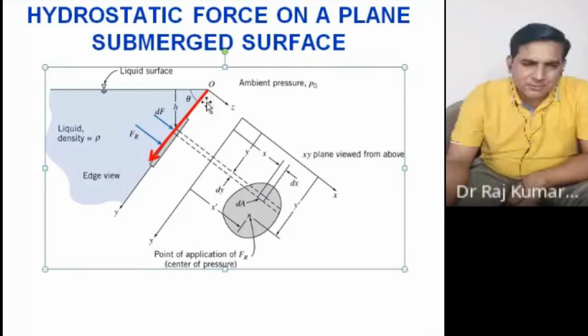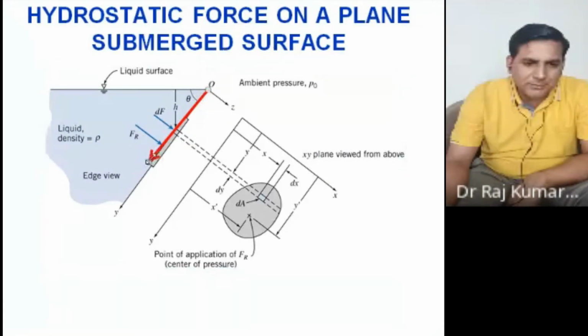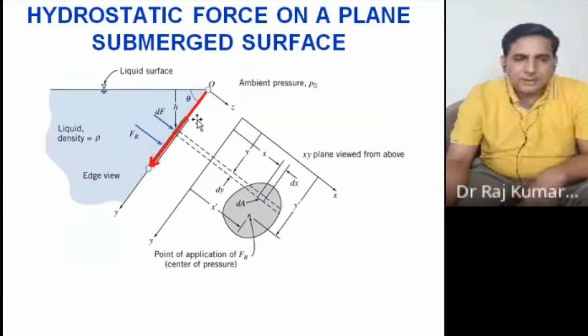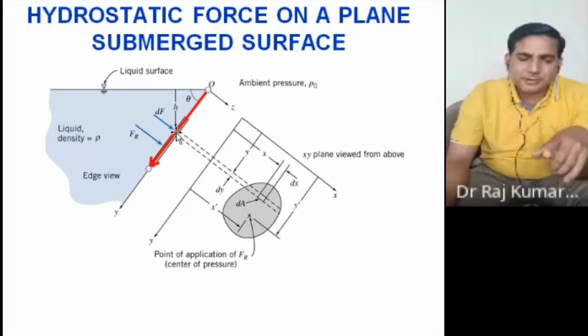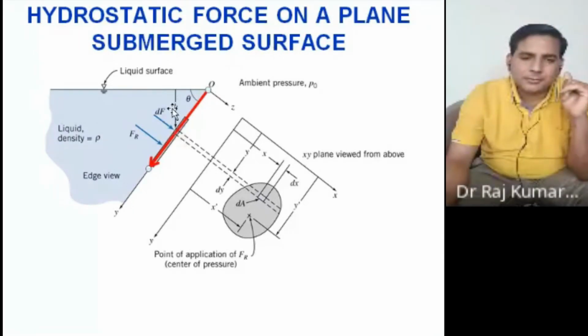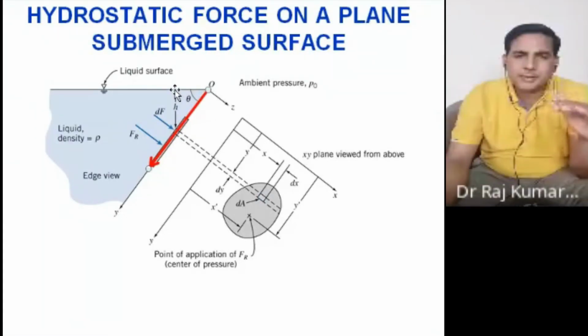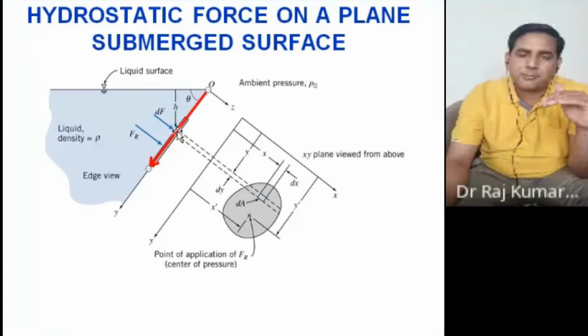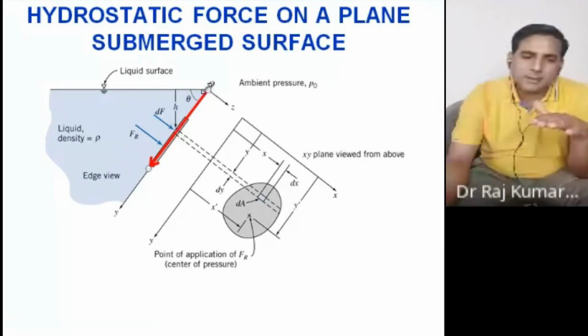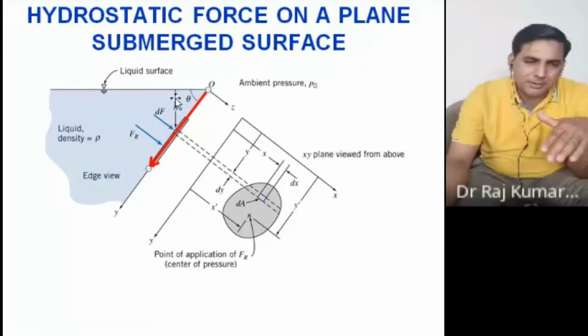So suppose this L is from here to here. Now L by 2 here, you are at the mid, which means you are at the centroid of this particular block. Fine. And then you are calculating L by 2 sin theta, which is that much. How deep is the centroid from the free surface? That is called the pressure at the centroid, at the midpoint. So you are calculating L by 2 sin theta. Practically you are calculating this height only.